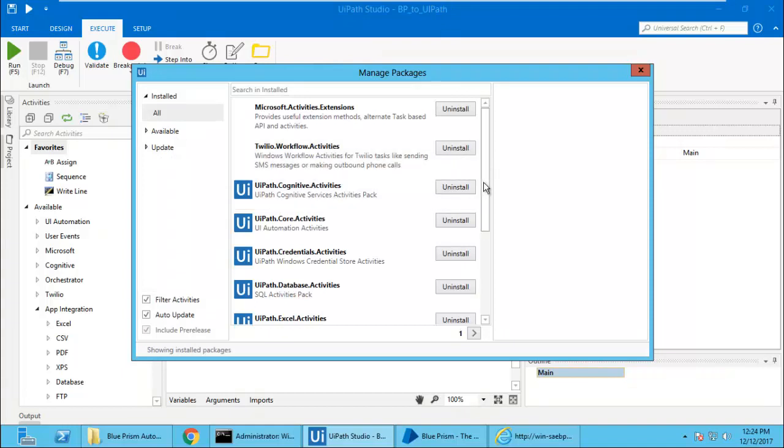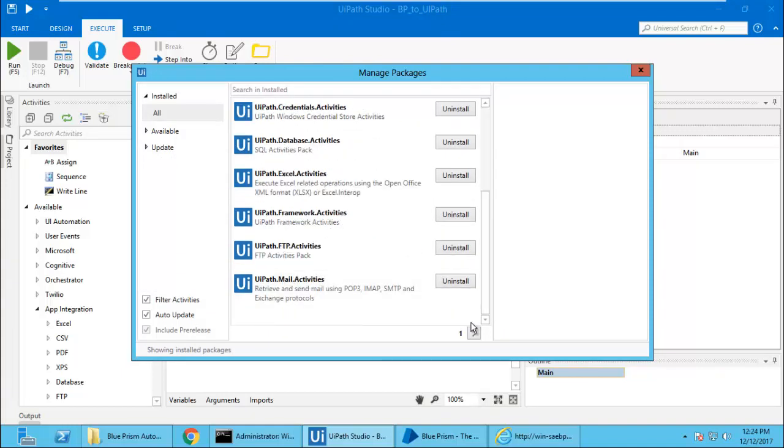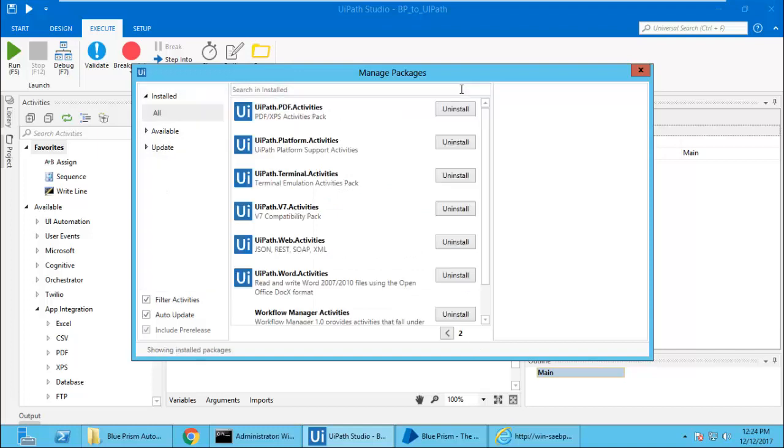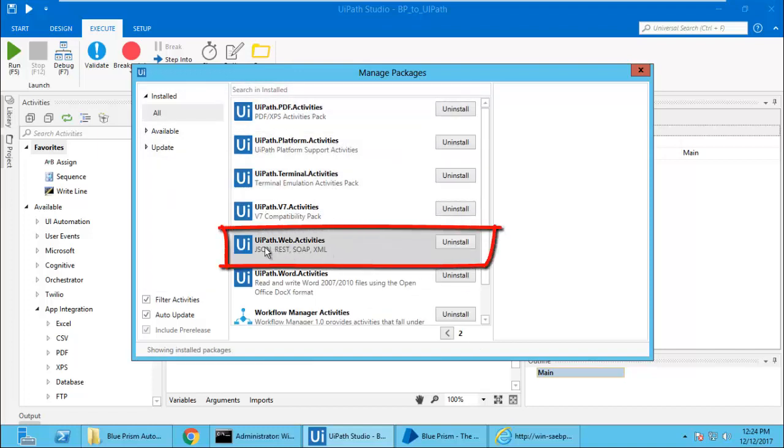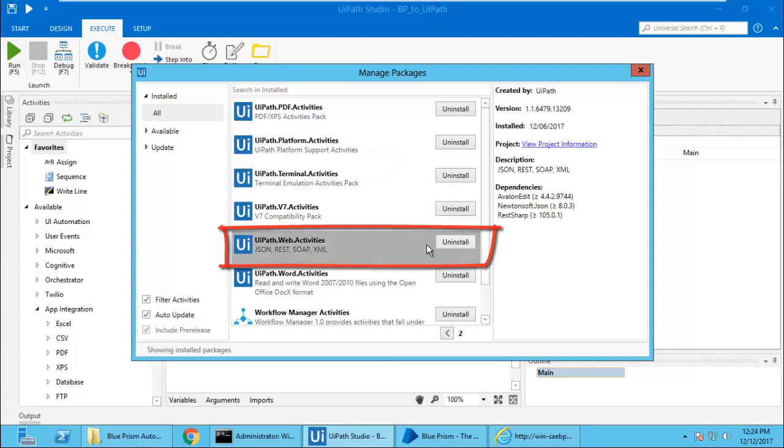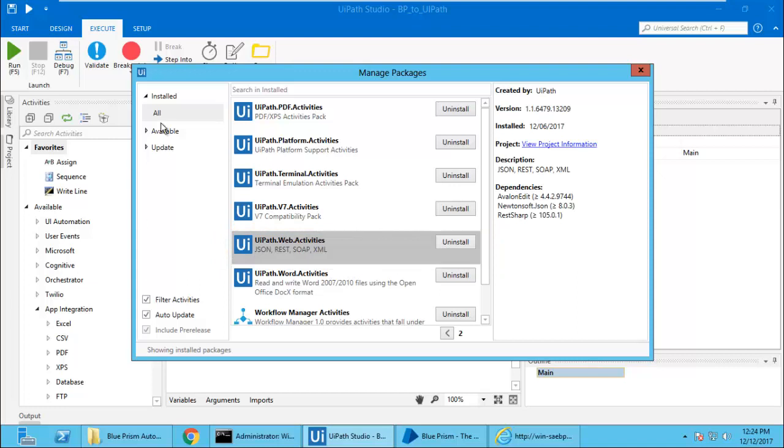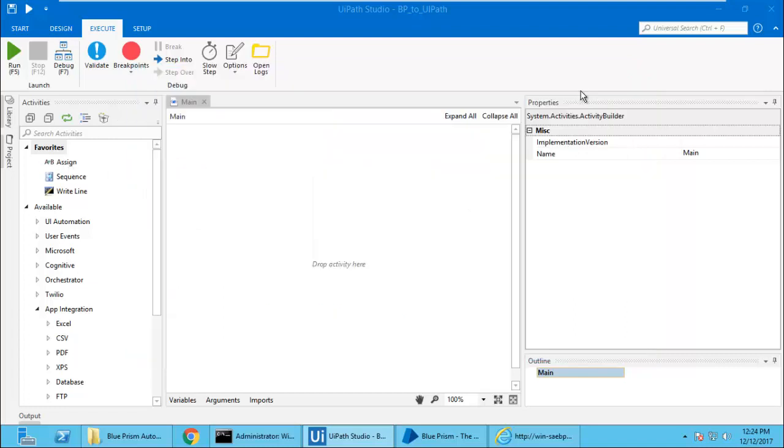As you can see, I have already installed UiPath.Web.Activities. I have already installed JSON, REST, SOAP and XML. If you do not have it installed, you can go to Updates and get it installed. You should have an internet connection so that it can be installed. Once you install it, you will see that some activities get introduced.